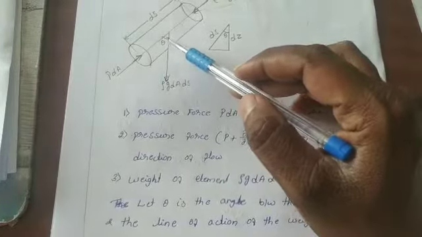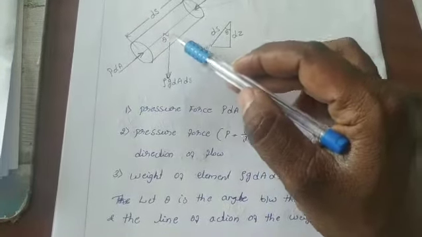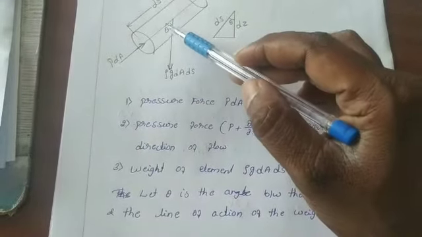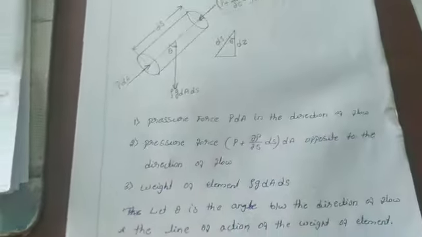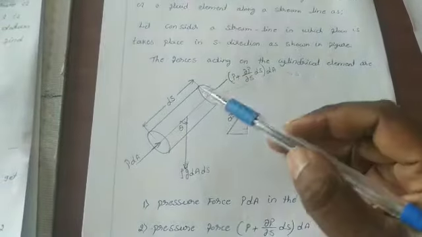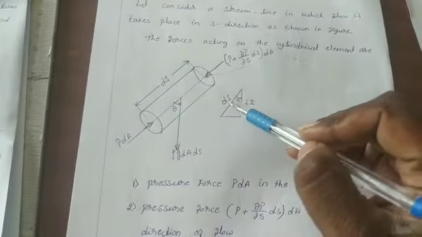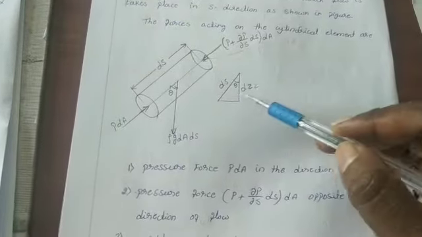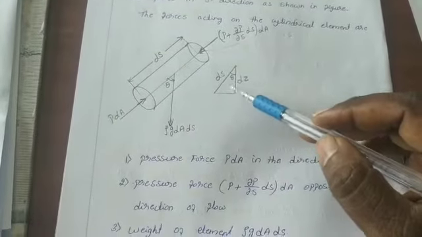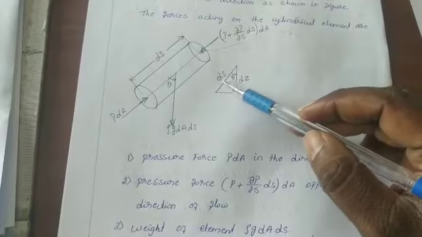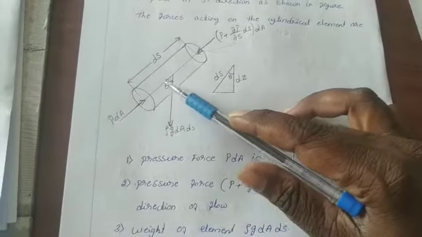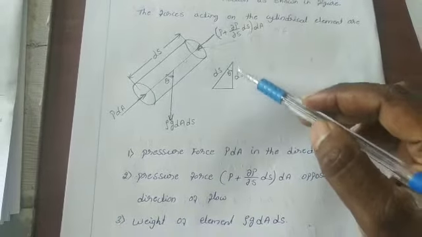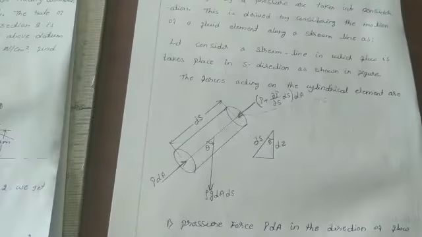So this theta will be acting on the direction of flow of the fluid and the weight of the element in the downward direction. So this is called theta. Observe that within that expansion, if you draw a line like that, this becomes ds, the inclined surface, and this becomes dz, that means the height of the element.